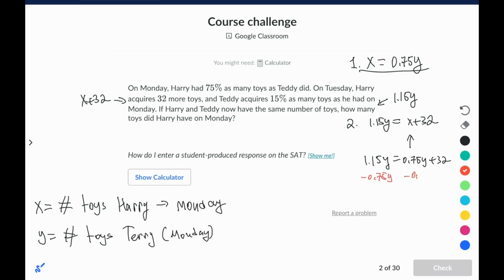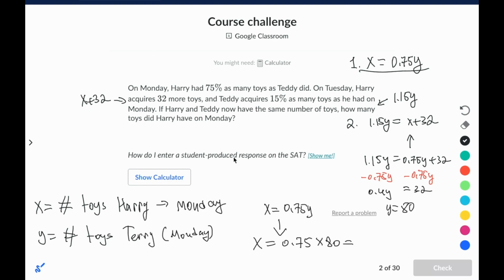Now let's subtract 0.75y from both sides of the equation. 0.75y minus 0.75y. So on this side, we are going to be left with 0.4y, and this side 32. Now we need to divide both sides by 0.4, which would give us 80. So y is 80, so Teddy had 80 toys on Monday, but we need to find how many Harry had. So we know that x equals 0.75y. And from this, we can find out x equals 0.75 multiplied by 80, which would equal,